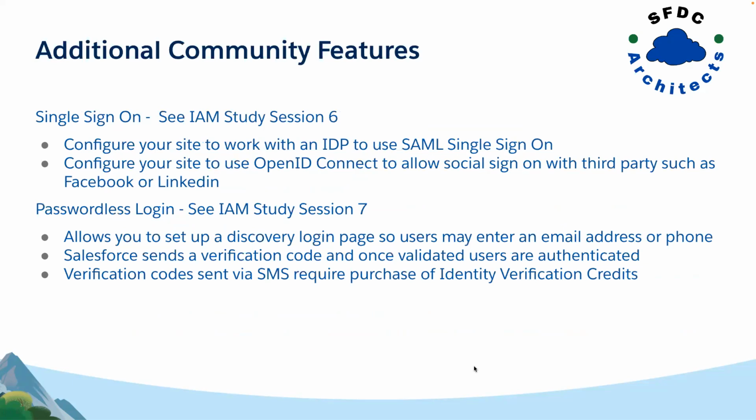So there's a couple additional features that we're not going to cover too much today because we've covered them in past sessions. You do want to be very familiar with social sign-on or sign-on for communities. This is where you're going to either work with your individual identity provider and you'll use SAML for single sign-on, or you're going to set up one of those social sites with OpenID Connect. There's, I think, 7 or 8 of them that out of the box, they let you connect to them very easily. And you can use Facebook, LinkedIn, Google,